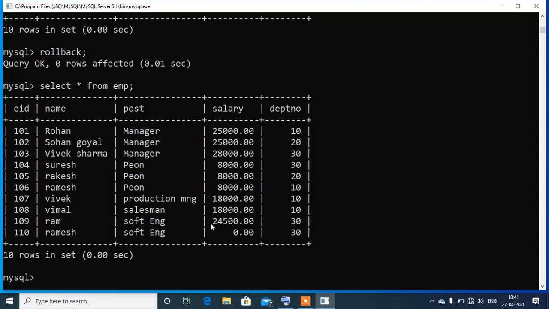See, whenever we are using the rollback statement, the intention is to undo the changes made on the table.